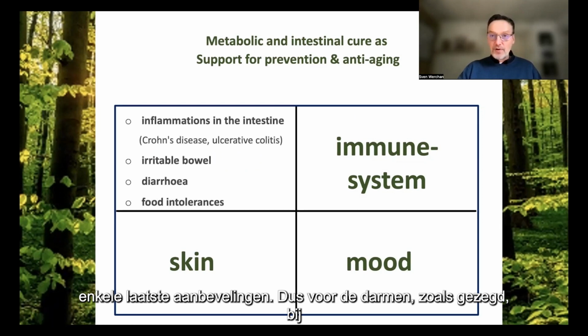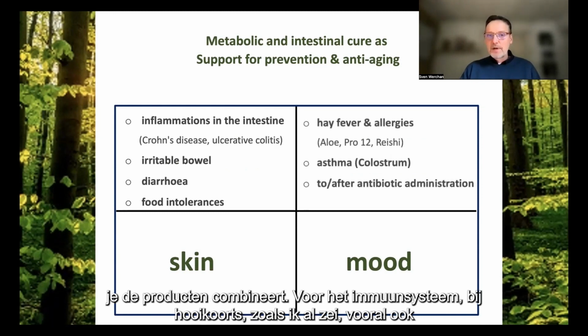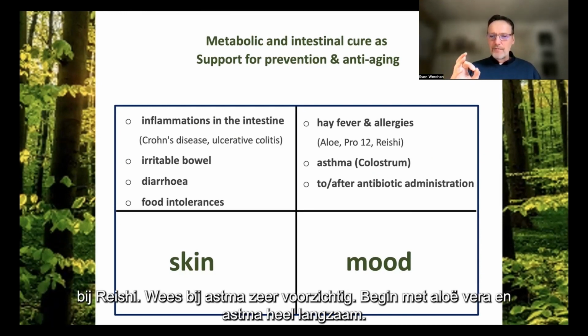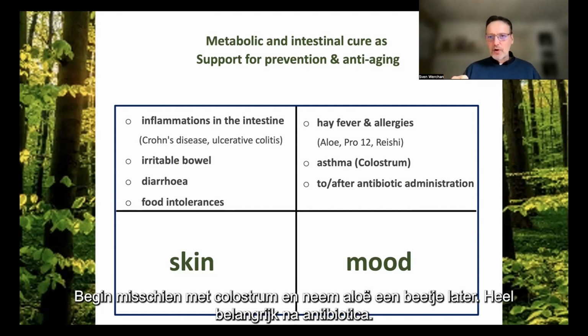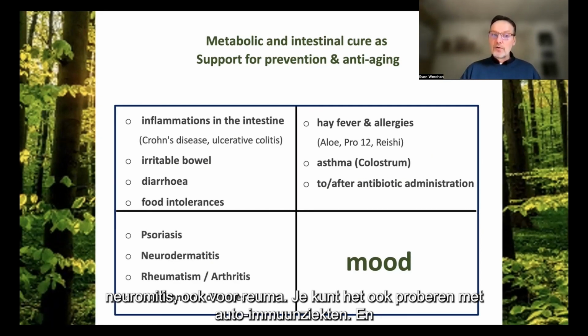recommendations. So for the intestines, as we said, with inflammatory diseases, irritable bowel syndrome, food intolerances, especially if you combine the products. For the immune system with hay fever, as I said, especially then also with reishi. For asthma, please be very careful with aloe and asthma, start very slowly. Maybe start with colostrum, take aloe a little bit later. Very important after antibiotics, that's really important, especially for children. Then also for different skin diseases like psoriasis, neurodermatitis, also for rheumatism,